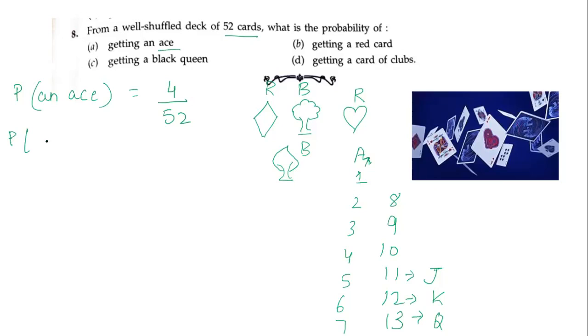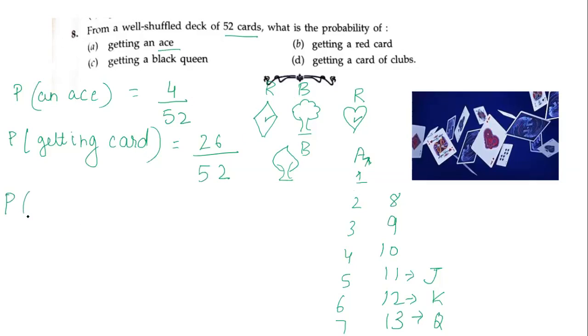प्रोबेबिलिटी ऑफ गेटिंग अ रेड कार्ड। देखिए 13 कार्ड जिस सिंबल के होते हैं और 13 कार्ड जिस सिंबल के होते हैं, तो 13 प्लस 13 26 कार्ड्स, और ये सारे ब्लैक कार्ड्स होते हैं आउट ऑफ टोटल, दैट इज 52।